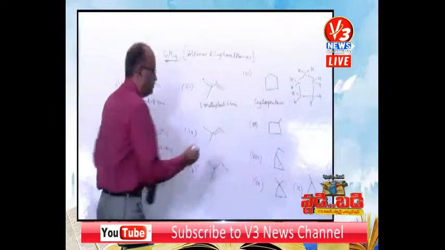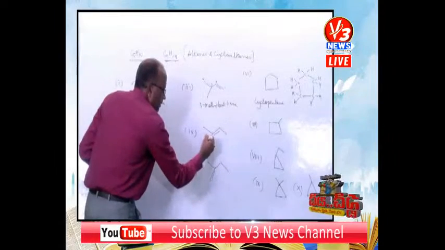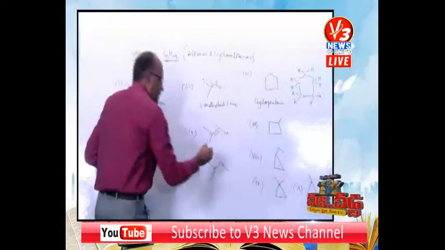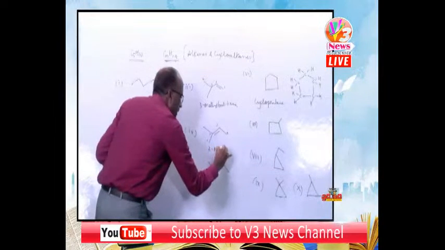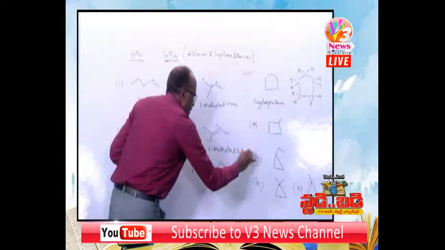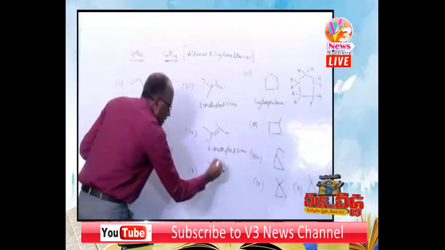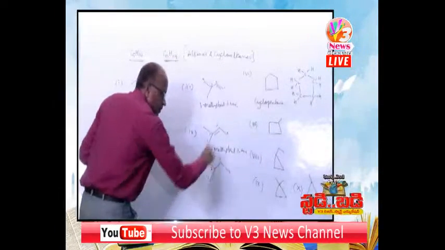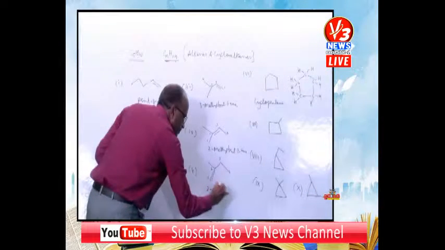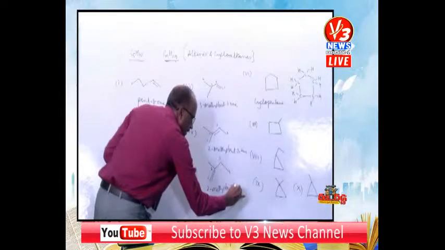And this one, numbering 1, 2, 3, 4. So methyl branch at second carbon. So 2-methylbut-2-ene. Now this one 1, 2, 3, 4. So what is this? 2-methylbut-1-ene,